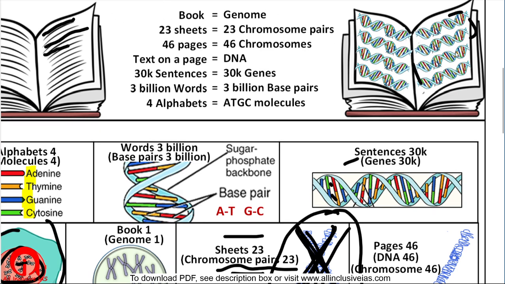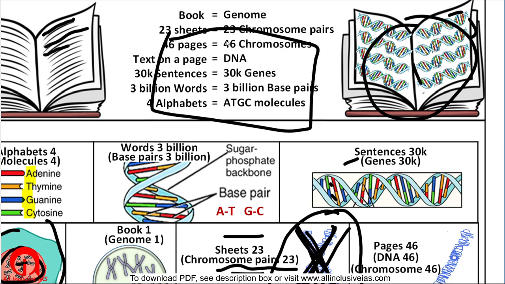Suppose this book is about your genome and this book is my genome. In my genome it is written that the person will have blue eyes. In your genome it is written the person will have black eyes. So we are talking about the genes. So this is one gene. It is in my genes that I will have blue eyes. It is in your genes that you will have black eyes.